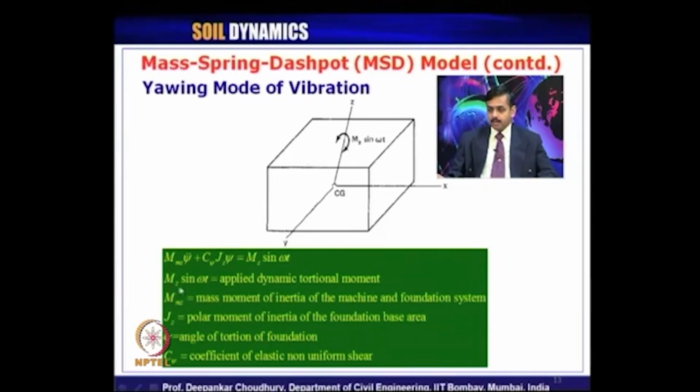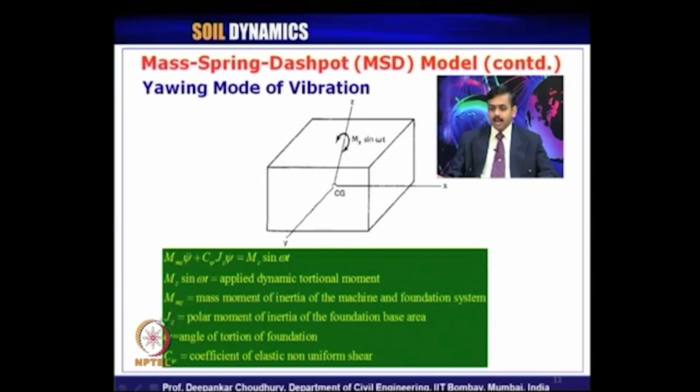In this case, mz sin omega t is the applied dynamic torsional moment, mmz is the mass moment of inertia of the machine and foundation system about this z axis, and jz is the polar moment of inertia of the foundation base area about the z axis,